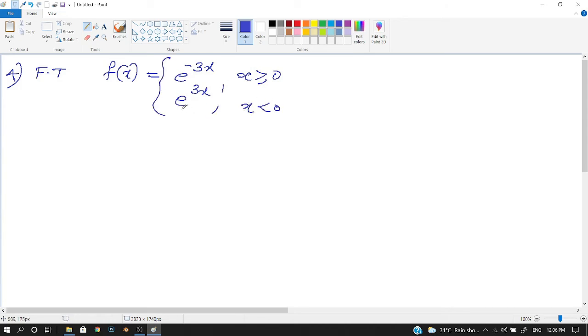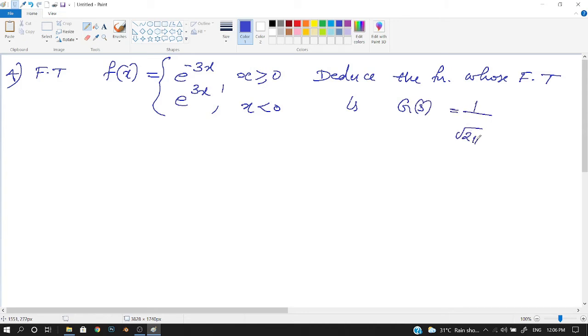Okay, now again also deduce the function whose Fourier transform is g of s equal to 1 by root 2 pi into 6 divided by 10 plus 2s plus s square. Okay, so using the definition of the Fourier transform of the function f of x, we can